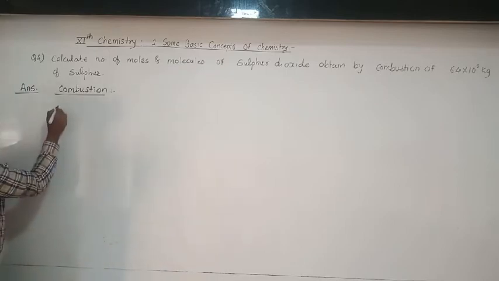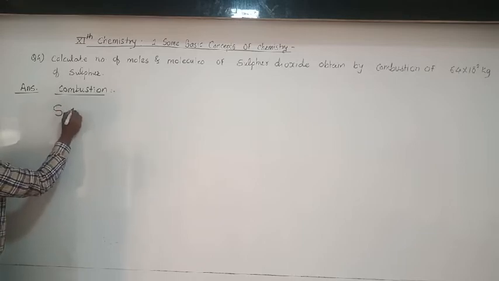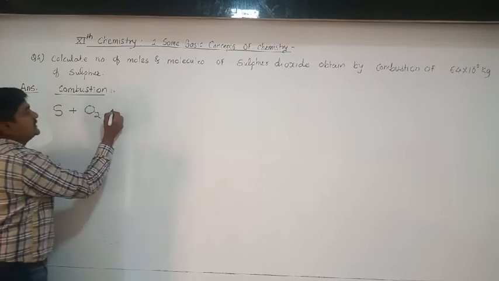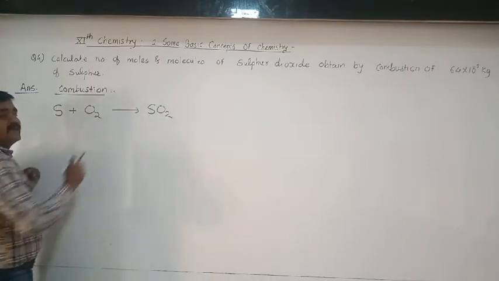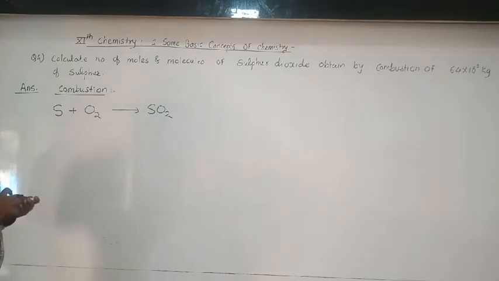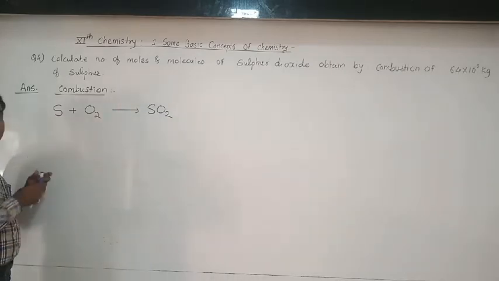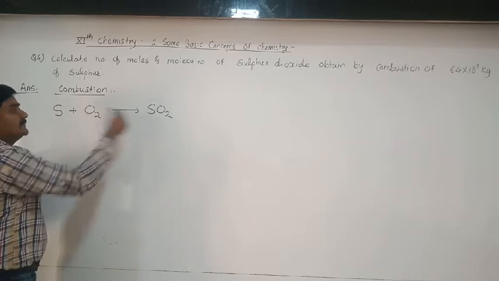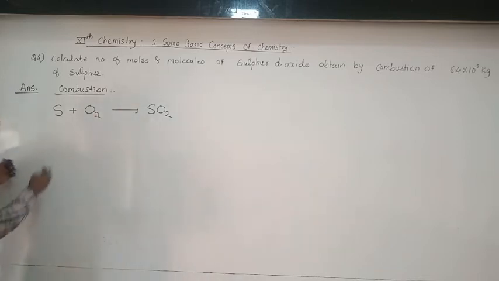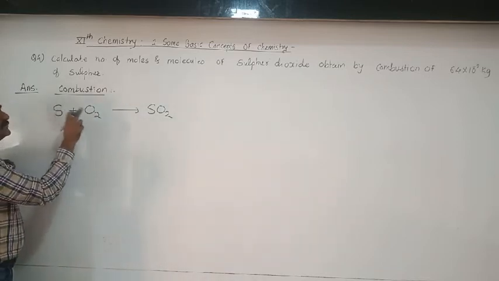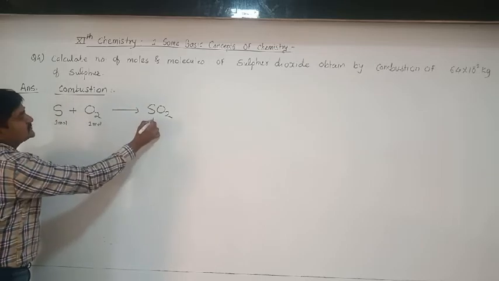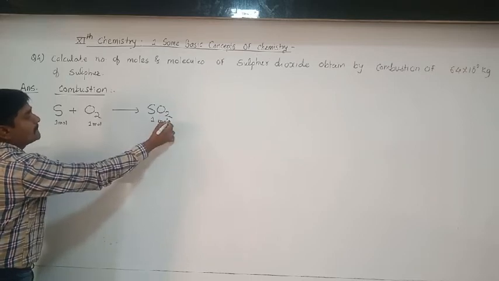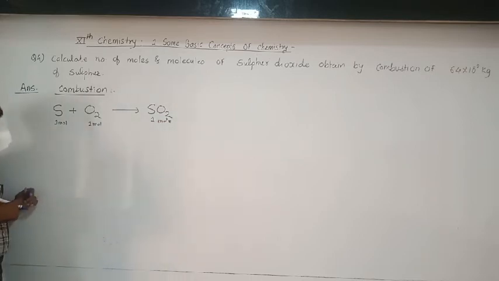of sulfur. So this is sulfur, chemically combined with oxygen, it forms SO2. First check whether the equation is balanced or not. This is the balanced chemical equation. So from this chemical equation we are concluding that when 1 mole of sulfur chemically combines with 1 mole of oxygen, it gives 1 mole of sulfur dioxide. I know from the mole concept.